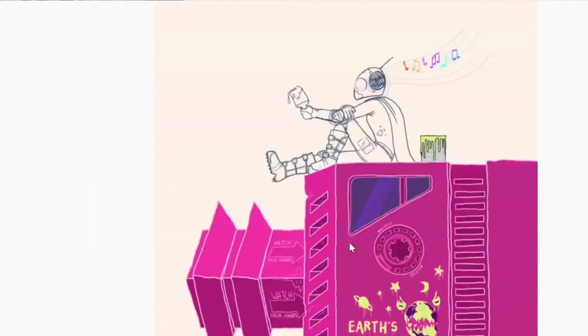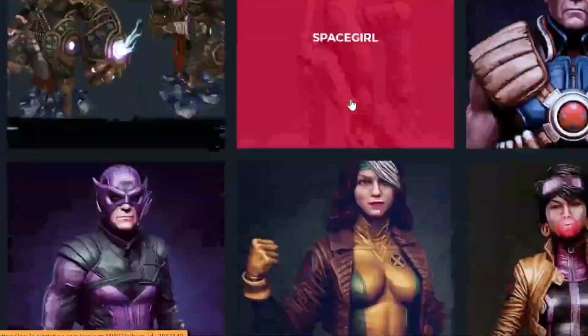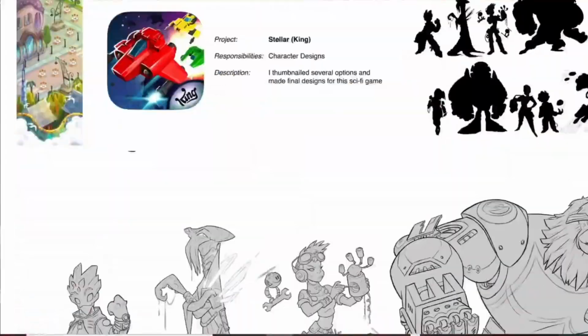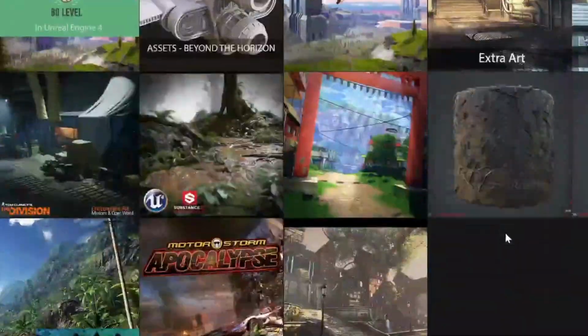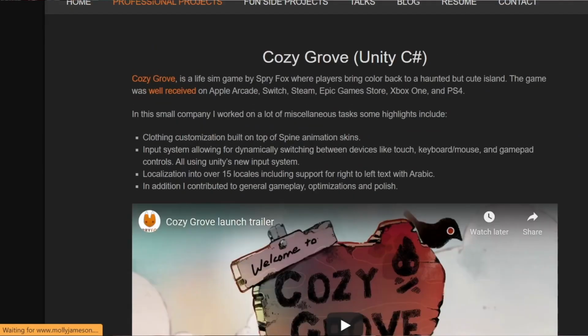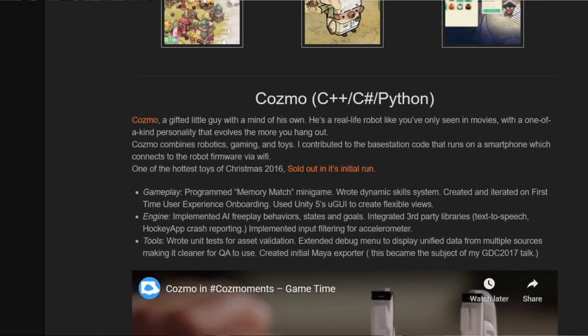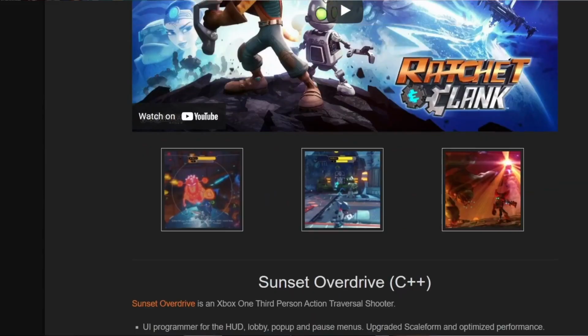In the game industry, as you know, it's all about portfolios. Your best bet at getting a job is to have an awesome portfolio, and your game college should be supporting you to build your portfolio. There should be portfolio revisions. They should be helping you to get the material to put into your portfolio, and there should be a mentor helping you to put all of it together and put your best foot forward for game development, right?